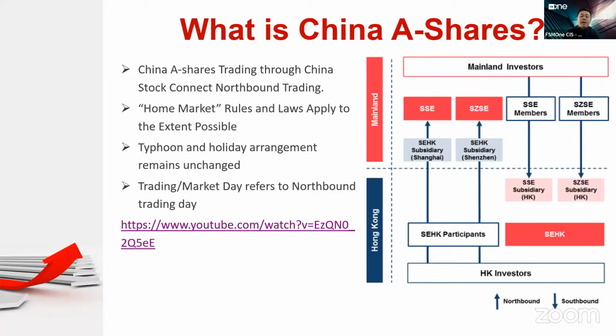Historically, China A shares were only available for purchase by mainland citizens due to China's restrictions on foreign investment. Ever since the launch of Stock Connect in 2014, it allowed qualified mainland China investors to access eligible Hong Kong shares, which we call southbound. You can have a look at this chart on the right hand side. As well as that, Hong Kong and overseas investors are allowed to trade eligible A shares, which we call northbound, subject to a certain amount of daily quota.